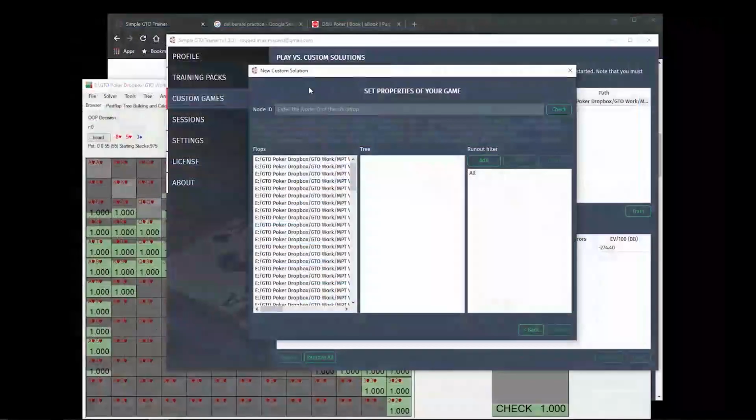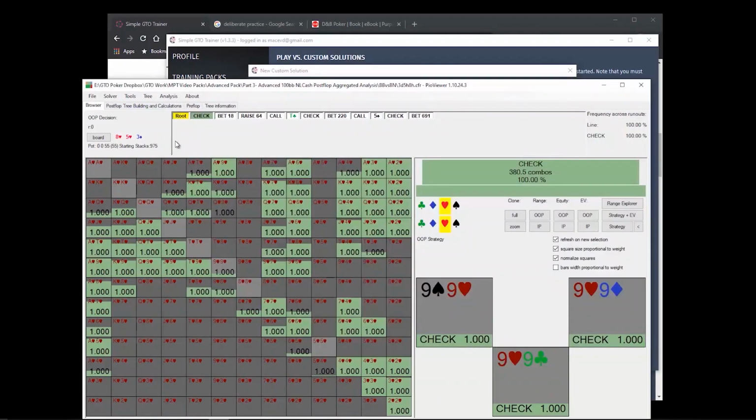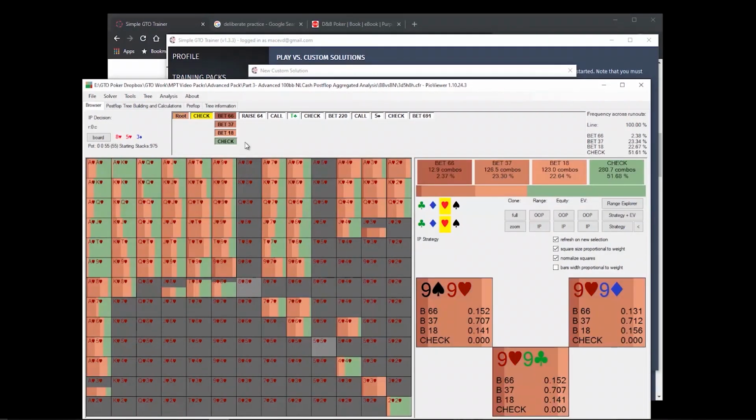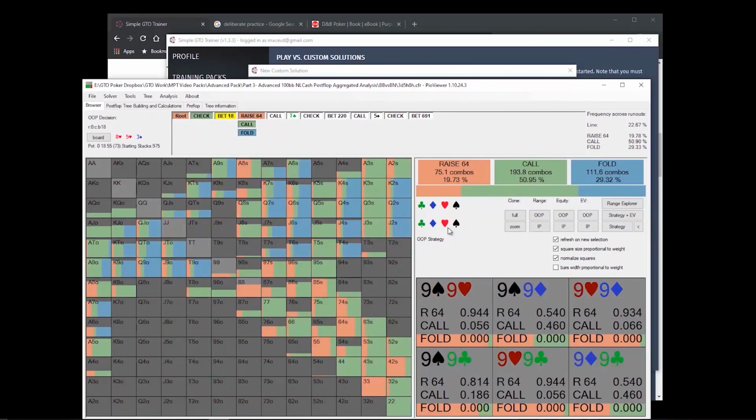So let's say we want to drill the node where it goes check and then bet. So we are going to be drilling defense against continuation bets. We could also do this for turns and rivers. It will take just more time computing, and here you can see how this decision point, the node, is our